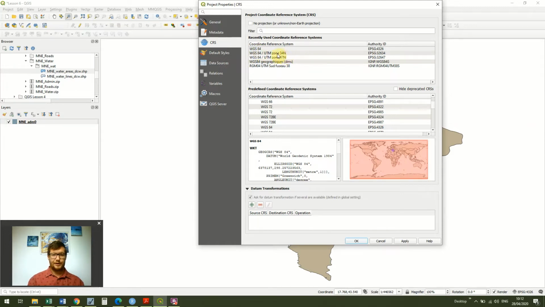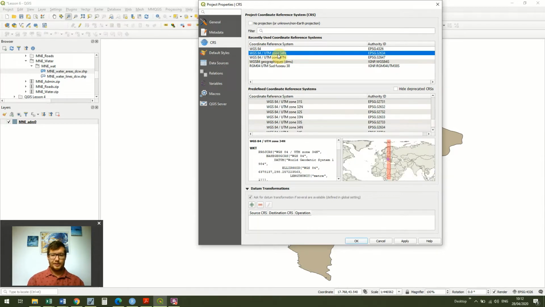Montenegro actually falls in UTM zone 34. So you can see it's still inside this strip, which is UTM 34, and because we're in the northern hemisphere I want UTM 34N. I use this quite frequently because I work in Montenegro quite a lot, so I've already got it in my recently used coordinate systems, but you might just have to search this code, so 32634,